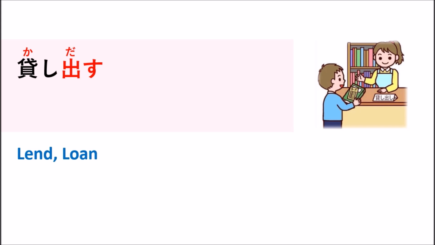This means, you see in the picture, we have Kashidashi. This means you can rent something here. For example, 教科書を貸し出した。本を貸し出した。It means I lent out the books or I lent out the textbook. ビデオゲームを貸し出した。